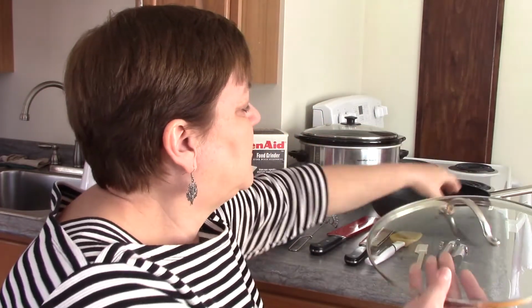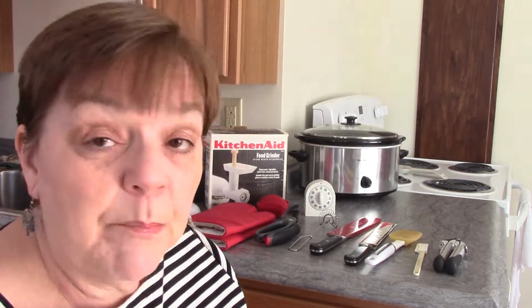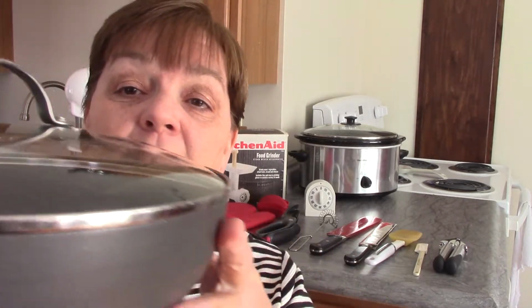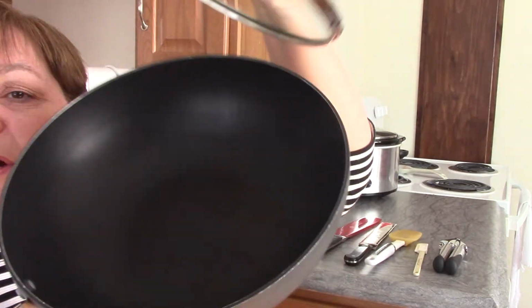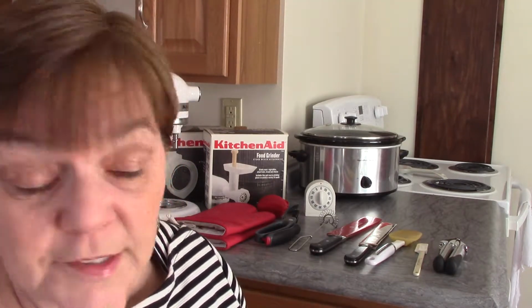This is just a cheapie pot that I got from a grocery store for free. It's got a glass cover and it's fairly deep. I like to do stir fries and stuff in it. It's non-stick, but I like the fact that it's got a glass cover. The handle on it does get hot, but I use my little silicone microwave